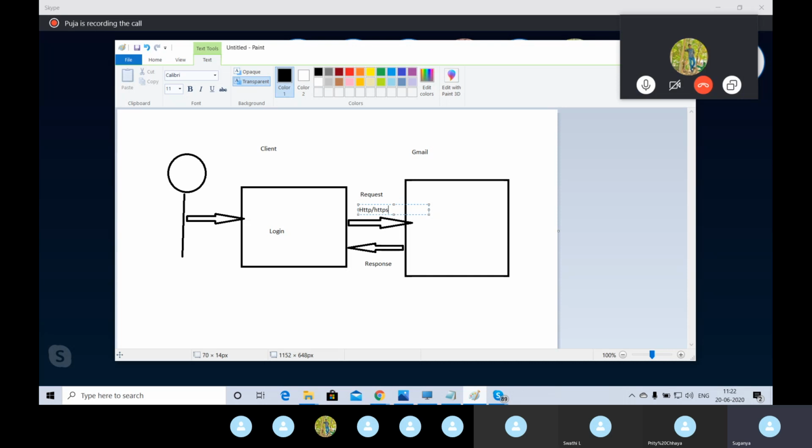Once the request is created and hits the server, whether it shows the proper inbox page or not, this kind of validation can be performed through Java. So after hitting the server, that is what I said, Java is to perform server-side validation. Whatever validation happens after hitting the server, like if I log into the application, whether I am able to select inbox or not, whether I am able to select sent box or not, this kind of validation can be performed through Java.